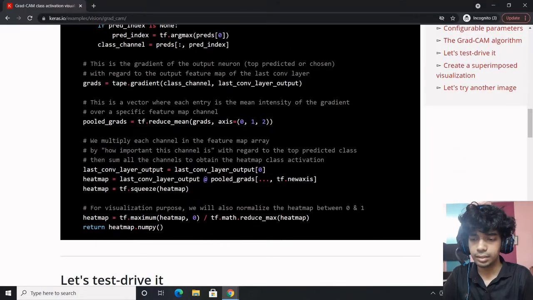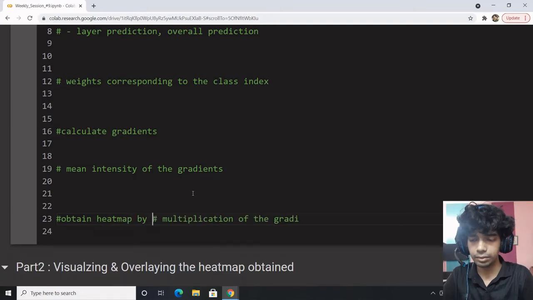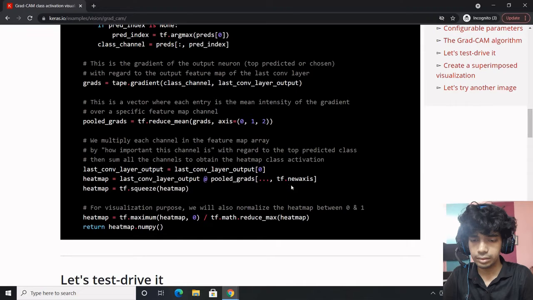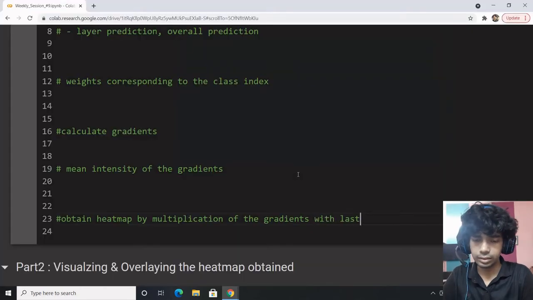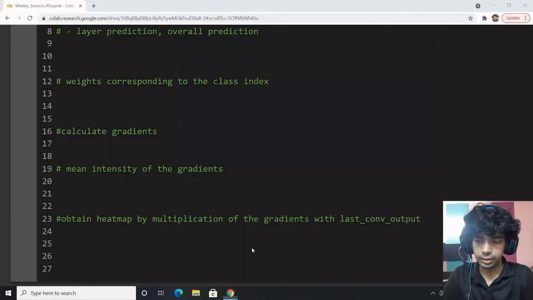Once you do that, you try to obtain the heat map, by multiplication of the gradients with the last convolution output. Then normalize the heat map.